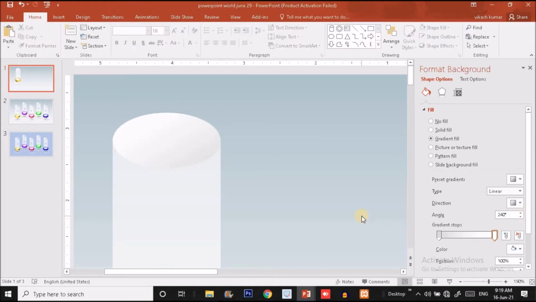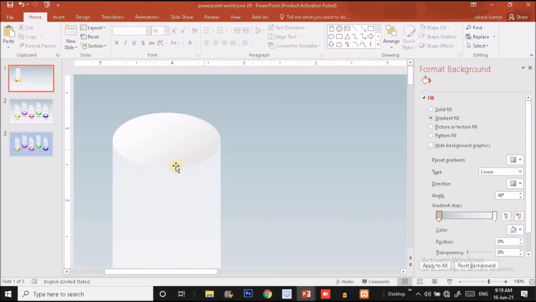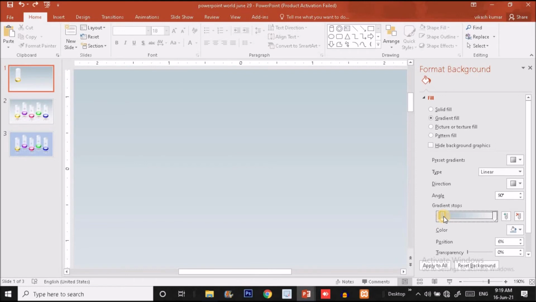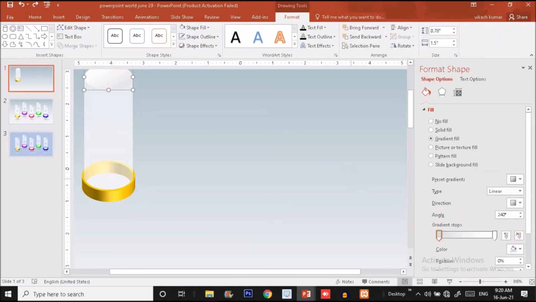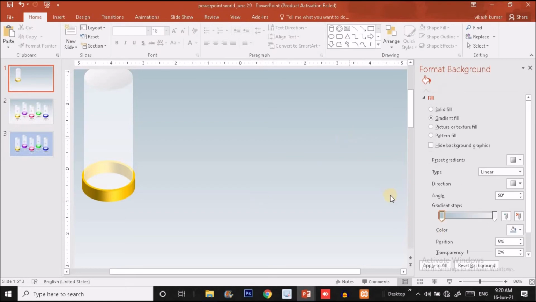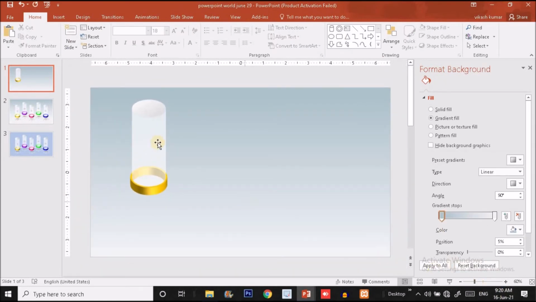Okay, we want a dark shade over here and the light shade over here. So click on this shade, and I'm going to drag it something here. Okay, now it's looking perfect, right? Just slightly I'm going to zoom out.